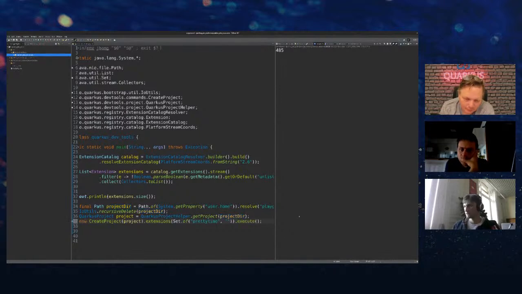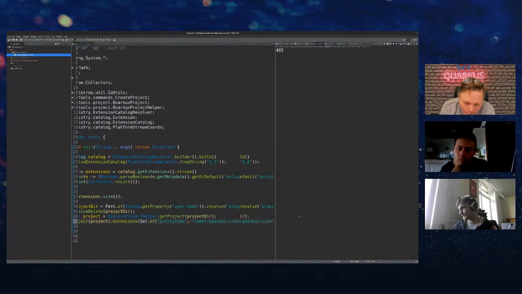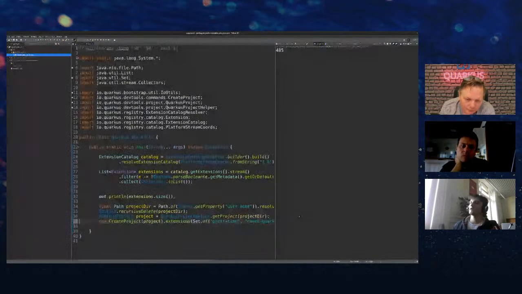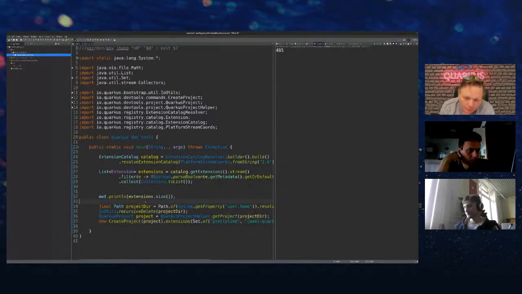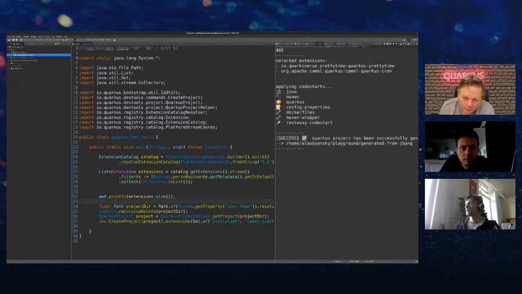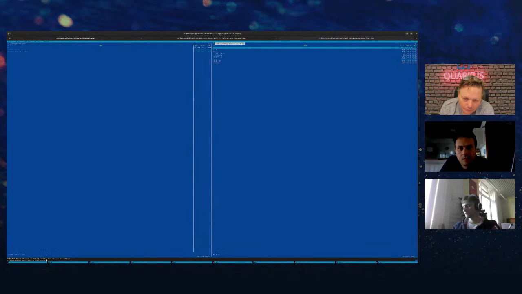I could add, for example, I saw ZNAP in chat, so maybe I'll add a camel extension. I think something like Quarkus cron should exist. Basically, I execute the create project command, which is executed by Quarkus and the CLI and the Maven plugin when we create a new project. Okay, so if I execute this script, and now I go to the directory,